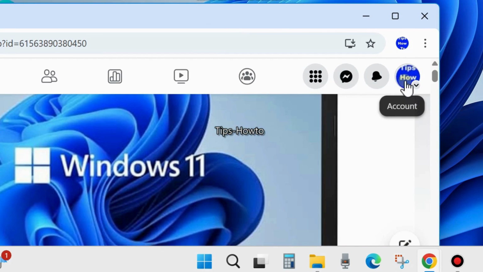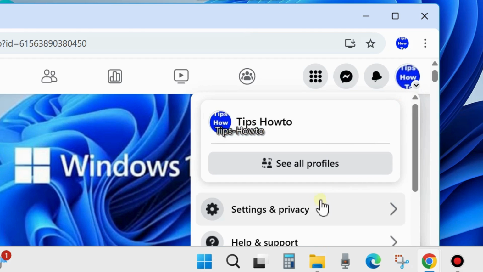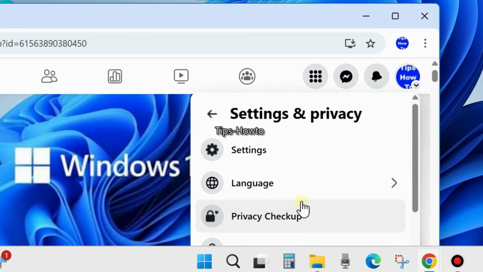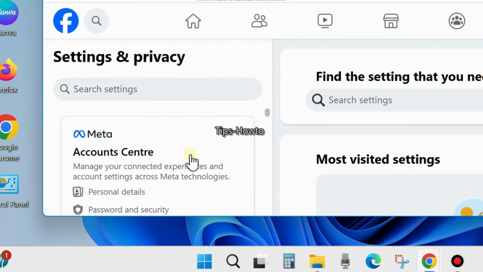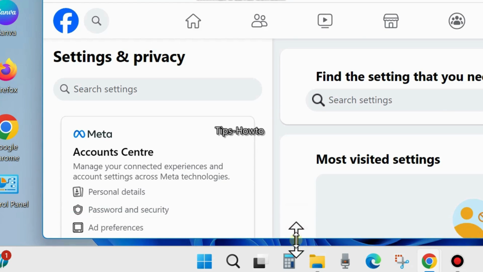Click on your profile icon from the top right corner and here choose settings and privacy. Again choose settings. Thereafter from the left side of the menu, scroll down